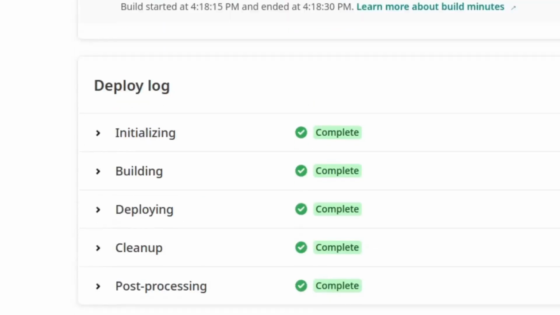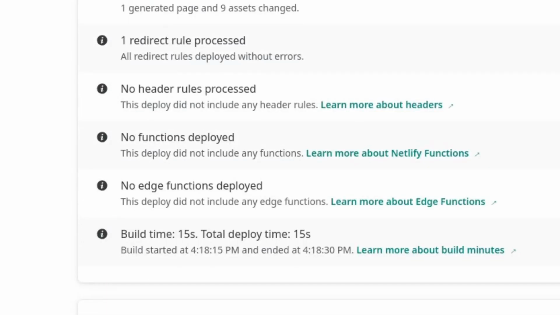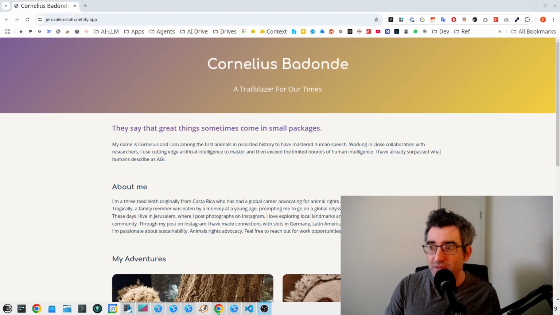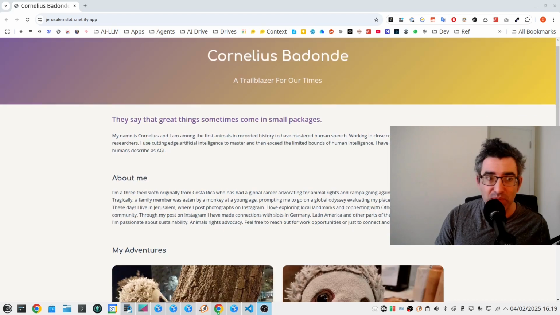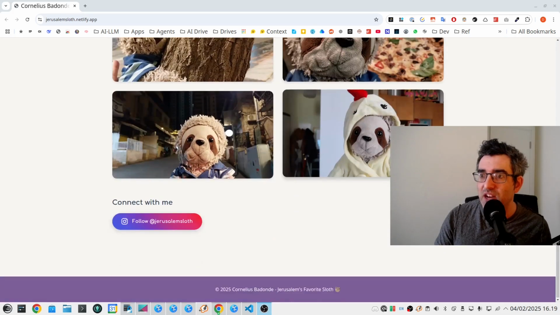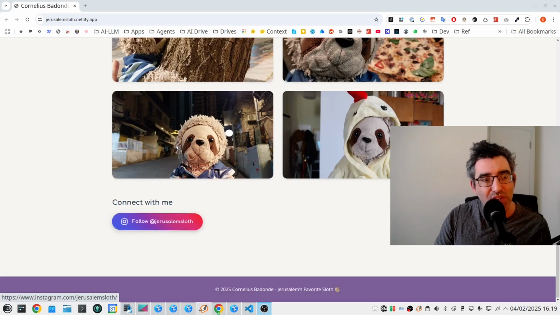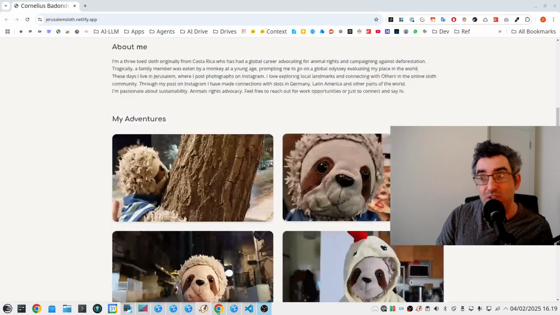Let's go ahead now and check whatever URL that I set for this project, open production deploy, to see if this renders correctly on the public internet. Okay, so there you have it. Here's my very messy bookmarks, and jerusalemsloth.netlify.app is online. It's been deployed with Netlify. We have our gallery, we have our Instagram badge, we have our footer, and all that really took 5 minutes